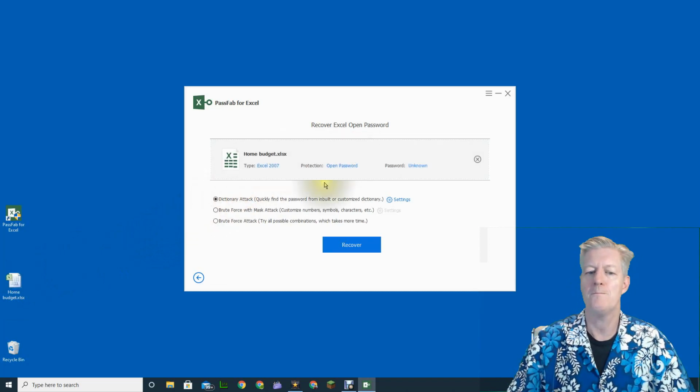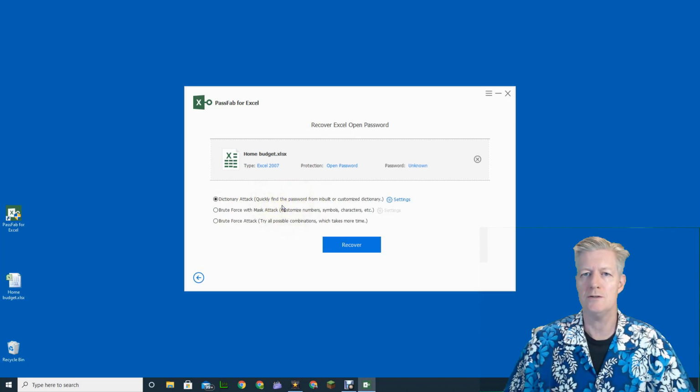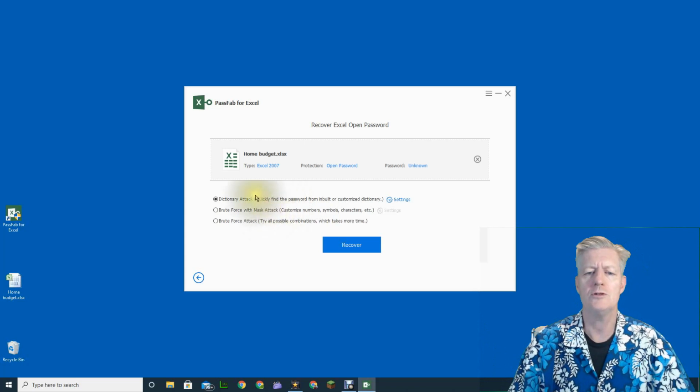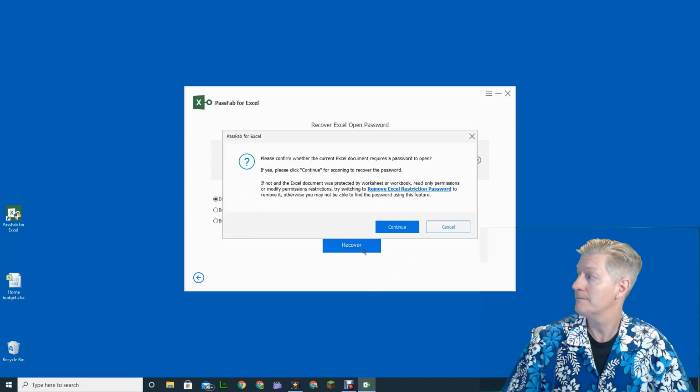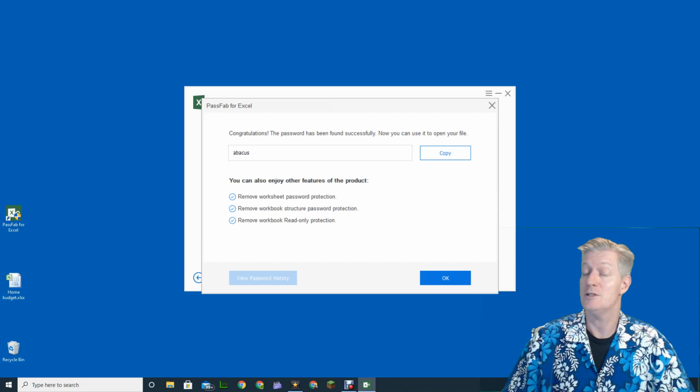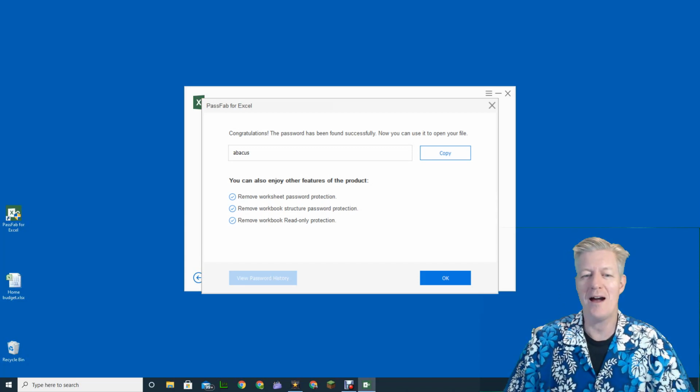There we go. Now you notice there are different choices for finding the password as they show there. I'm just going to choose the very first one there and then click on recover and then continue. And it was quick. Wow, it found it.